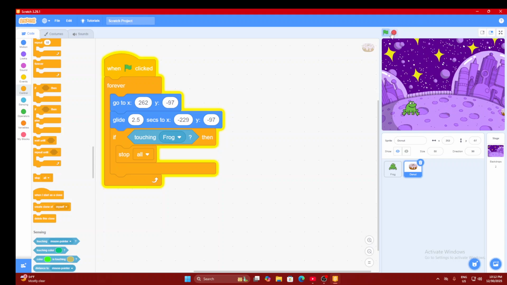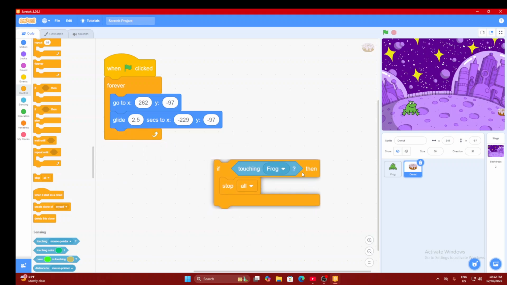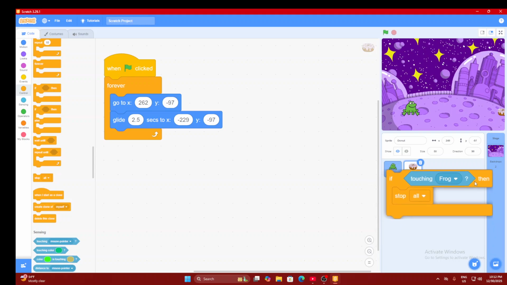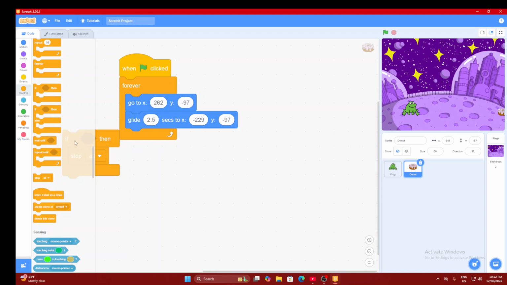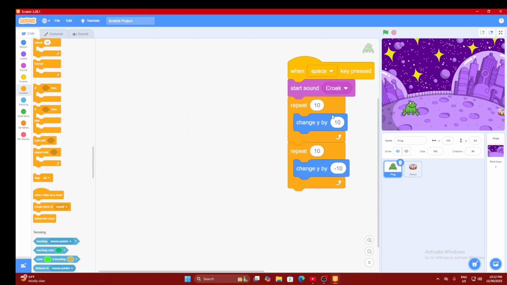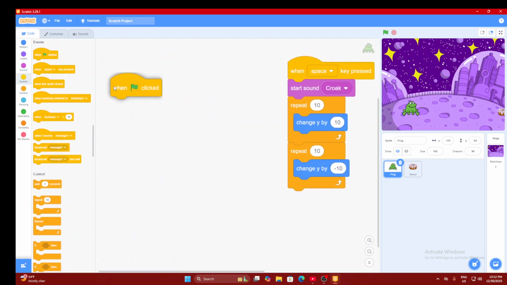As you can see, nothing really happened because I forgot that it shouldn't be here. It should actually be in the frog sprite. Let's see. We can just delete this and this. Now let's go to the frog. Now when the flag is clicked,